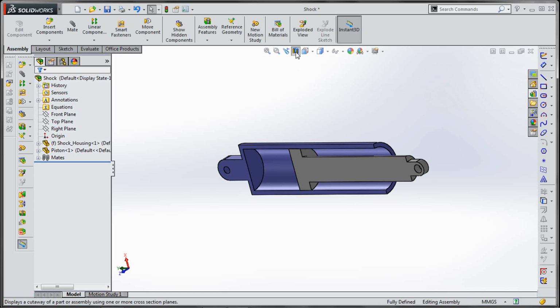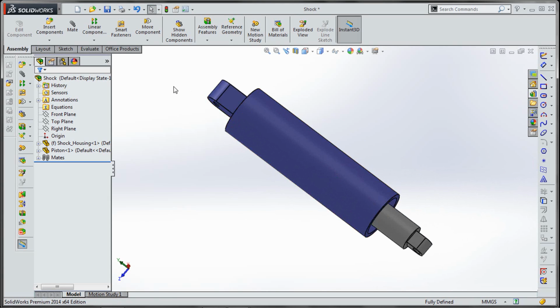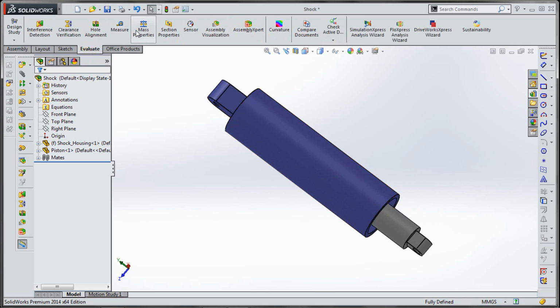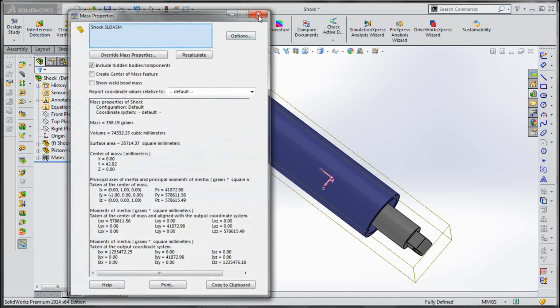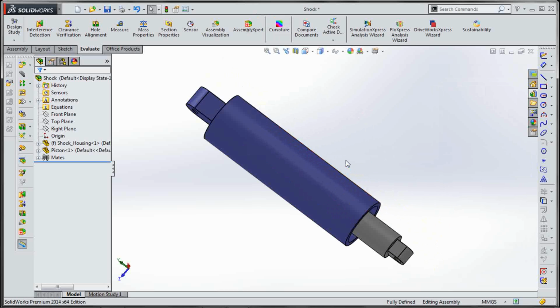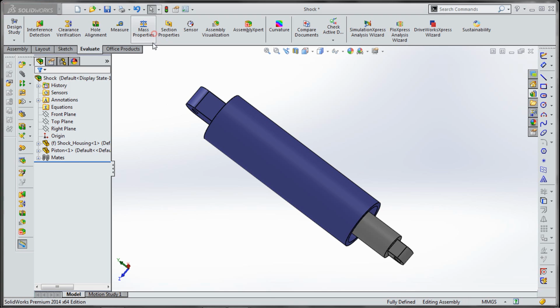That's all, and exit section view. Now find the mass. Again, here is the mass. You can see here is our answer.